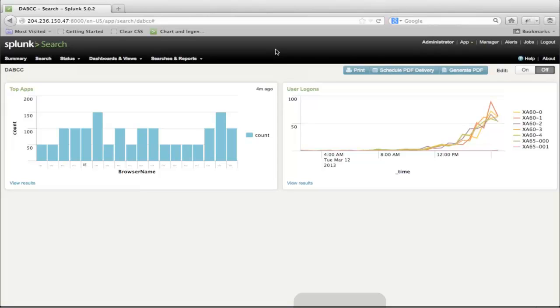So search for your application usage, search for your user logons, but maybe we have a cap on how many users we can support on a given server, and we want to know if we go over that limit. That's really easy to set up in Splunk as well.